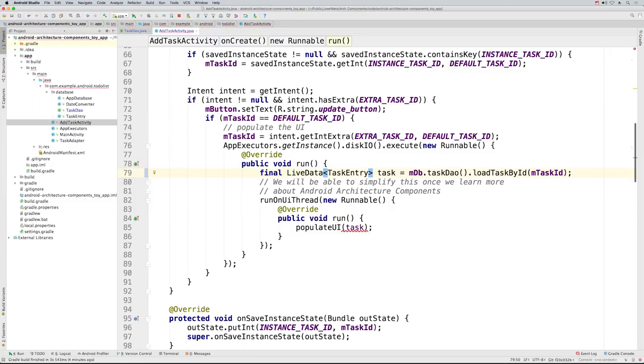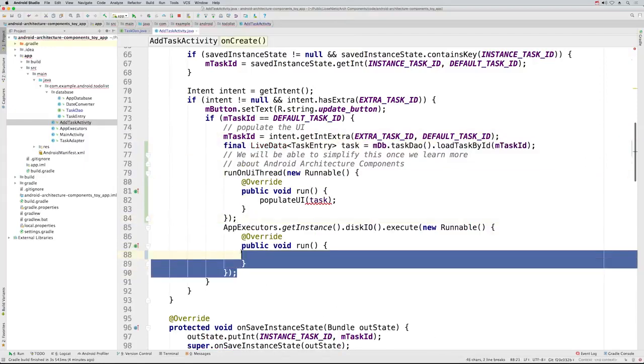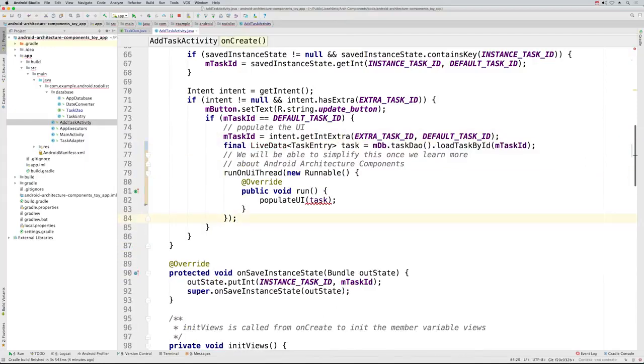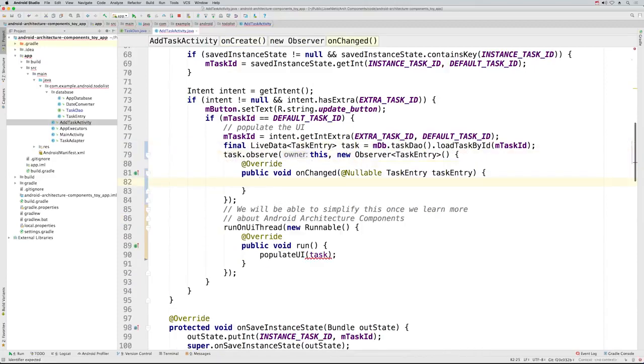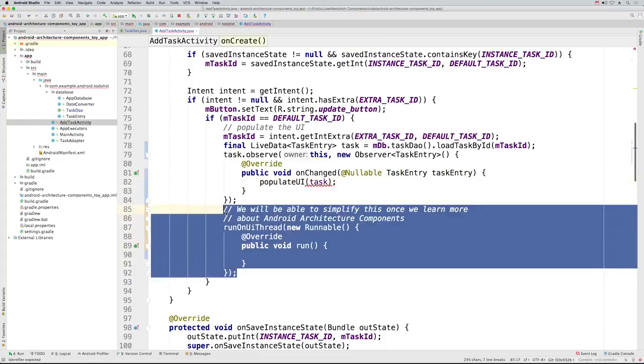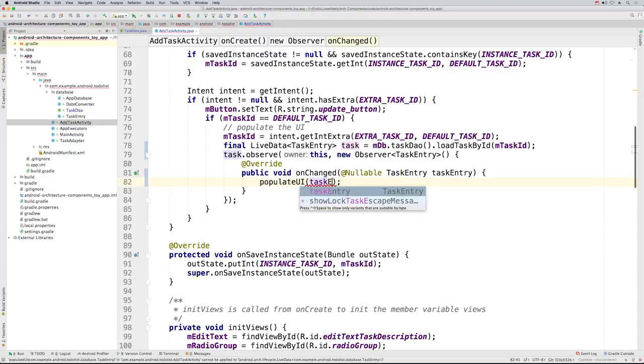As our live data will run by default out of the main thread, we can extract it and remove the executor. Now we can call the observe method using our activity as lifecycle owner and moving our logic to update the UI on the onChange method of the observer. Now we don't need the call to run on UI thread, and we can use the task entry variable to